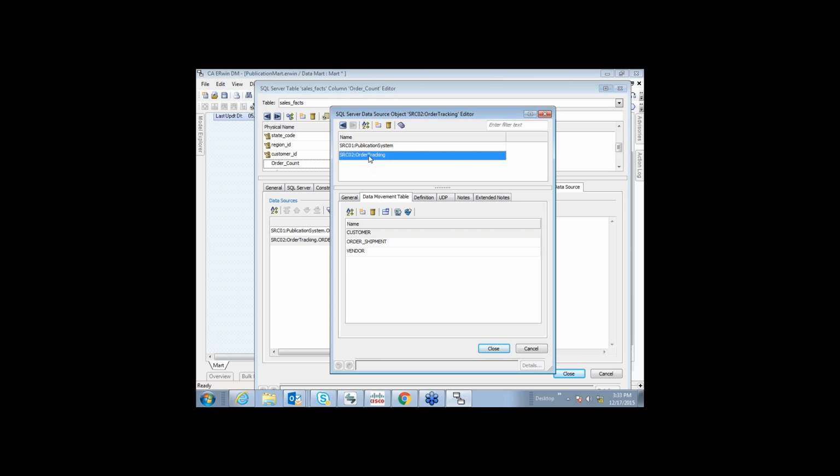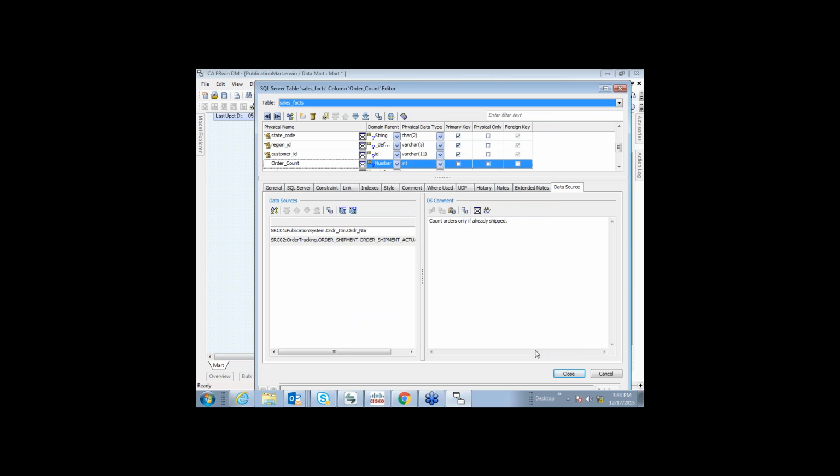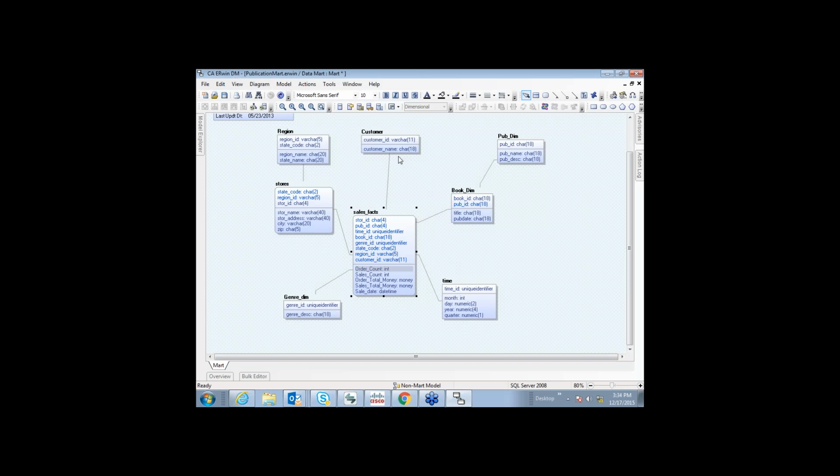In the order tracking system, we pulled in the customer table, the order shipment table, and the vendor table. And from the publication system, we pulled in a series of tables. All these columns in these tables we want to use in order to do the mapping between the source system and the target system. And then at the end of it, we can specify what we want the transformation rule to be. So that's the whole idea of building the ETL process, if you will, from a source in any system. This can be reported out in ERwin directly out of the report designer, but it can also, more powerfully, be reflected in a web portal tool.